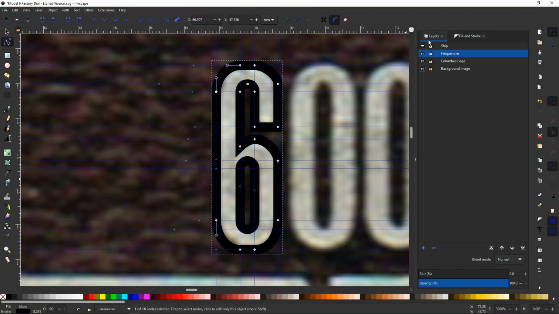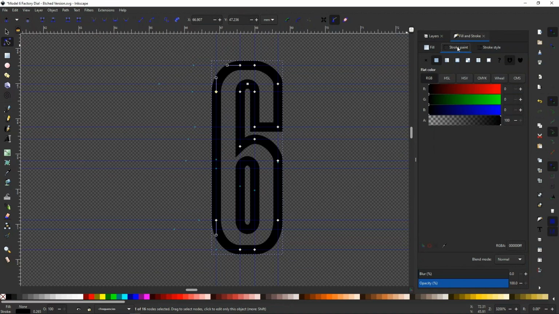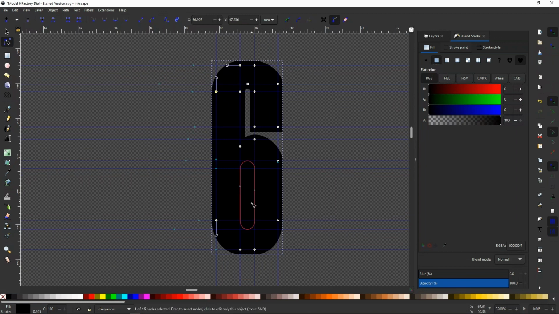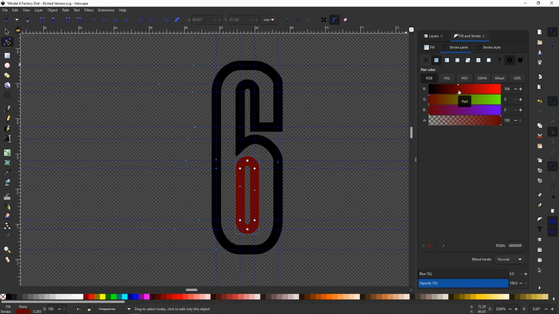If we go to the layers menu and turn off the background, we've got a hollow 6, and what we actually need is a filled 6. So I need to fill this now, but when I fill this, have a look at what happens. So we go to fill in the fill and stroke, and our center hole there is still there, but we can't see it. So one useful thing you can do when you're doing this, and it just helps to see what you're doing, just change the stroke paint to something else. Now when we fill it,